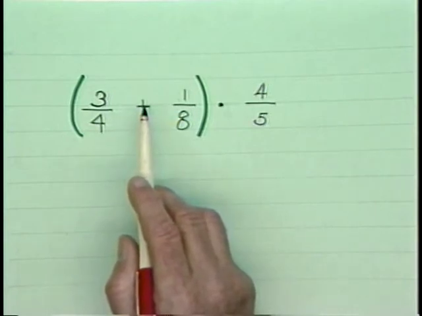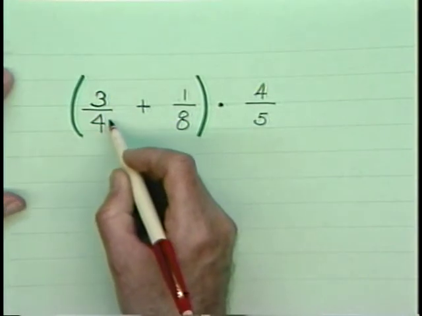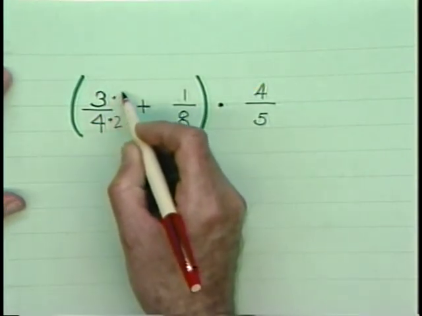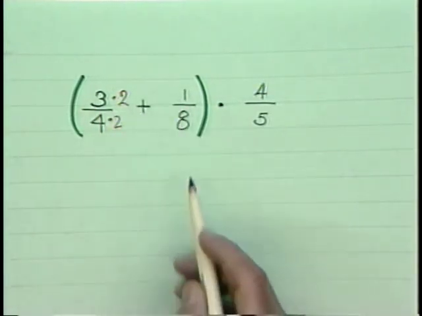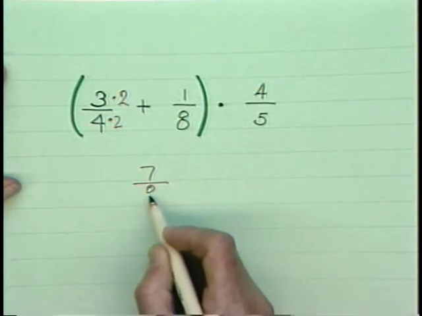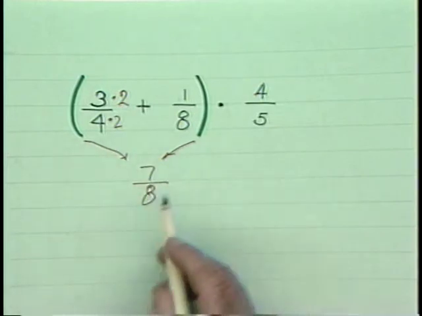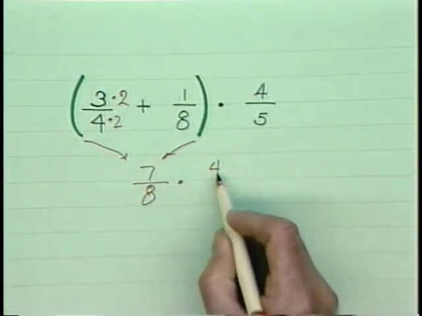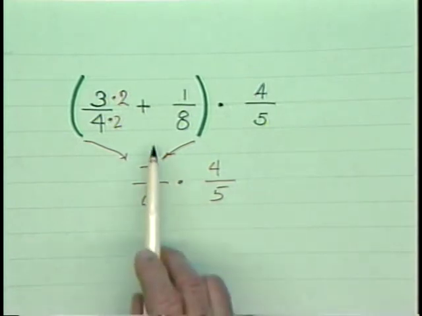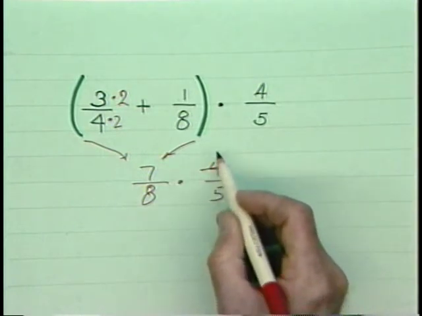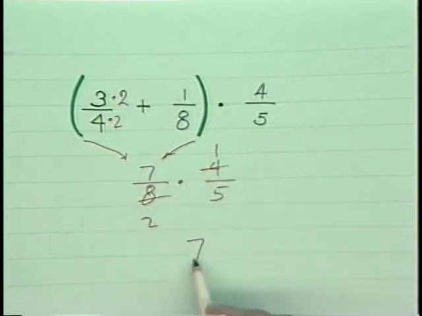So now we're looking for a common denominator between 4 and 8, and we can just see that it's 8, which gives me now 6/8 plus 1/8 is 7/8. So the whole parentheses has become this one number, which now is to be multiplied times 4/5. And now because I'm multiplying, I can cancel either up or down or across. In this case, across the multiplication. And my results would be